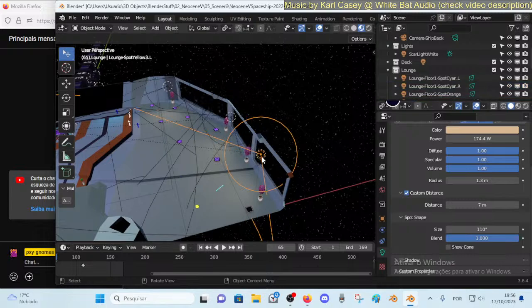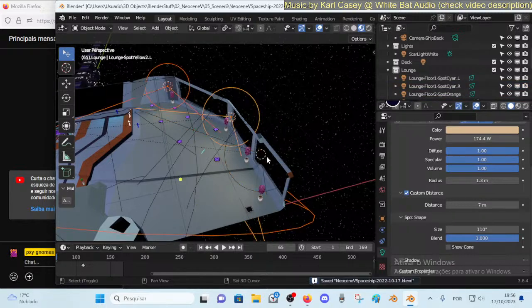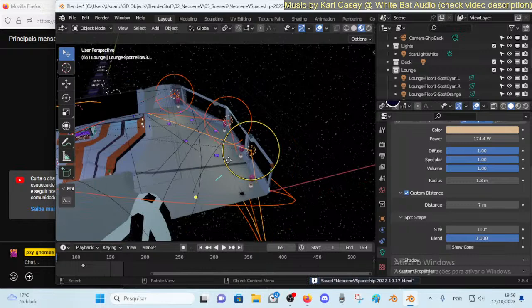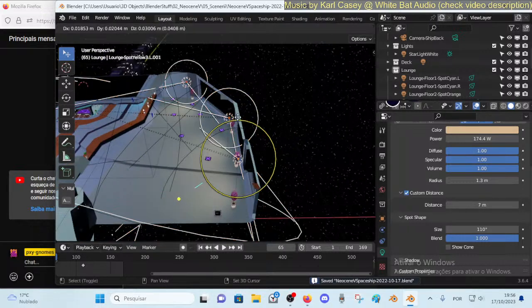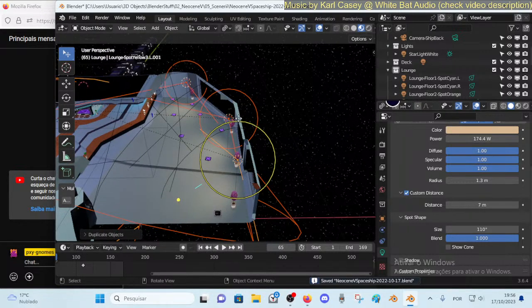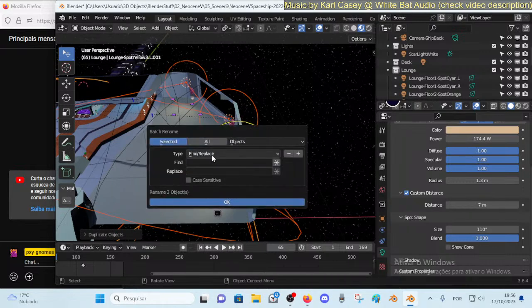Okay, and then of course we can, yeah, probably I'll be using this, so I'm gonna shift D, control objects. Yes, find replace point L to point R,